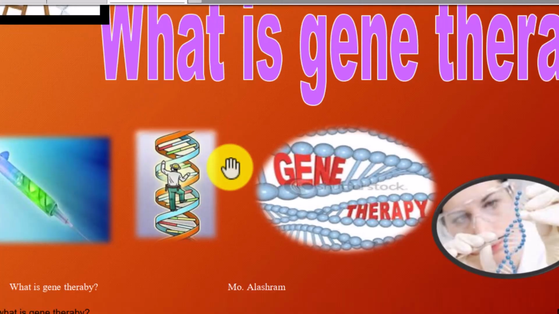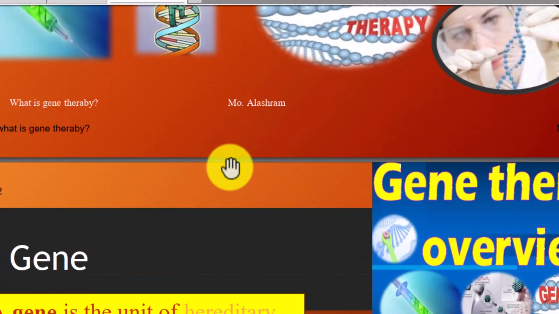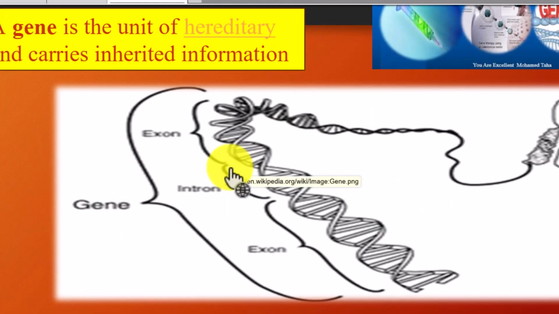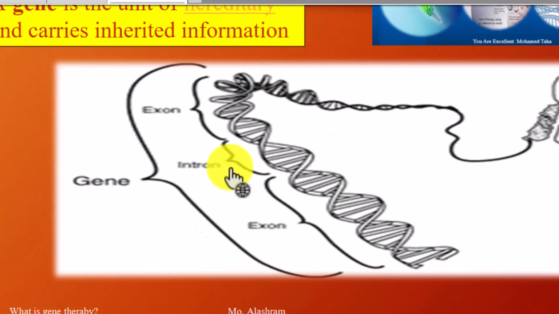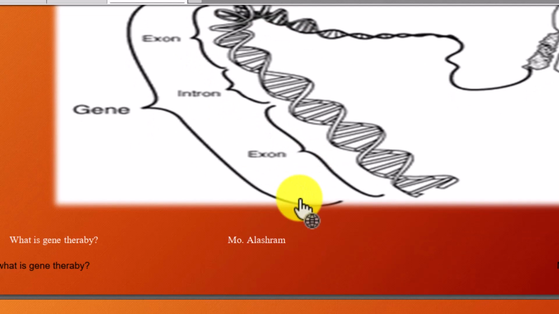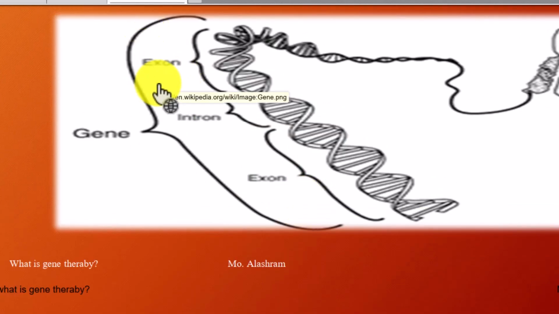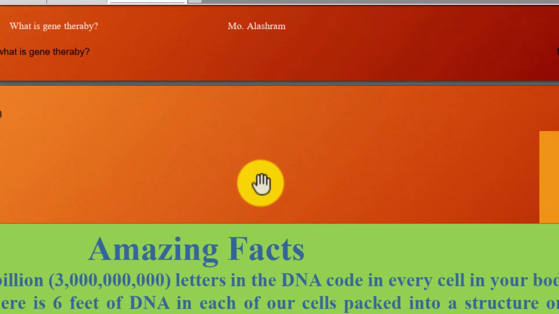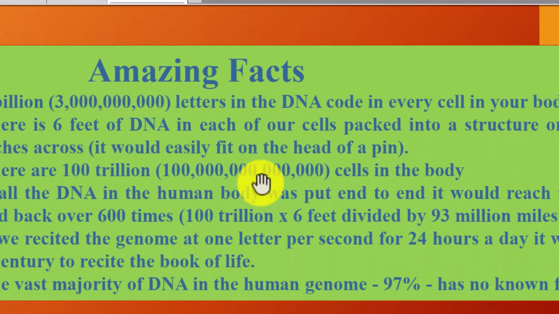Gene therapy. What is gene therapy? A gene is a unit of heredity and carries inherited information. Here we can find the gene on the chromosome, formed of exon and intron followed by exon. Some facts about genes: